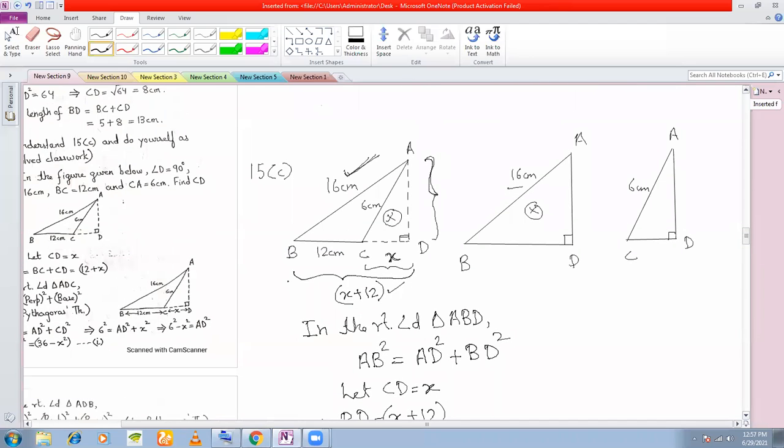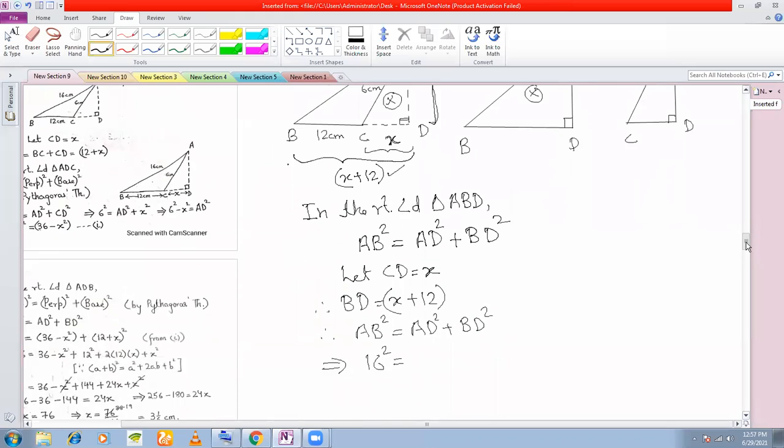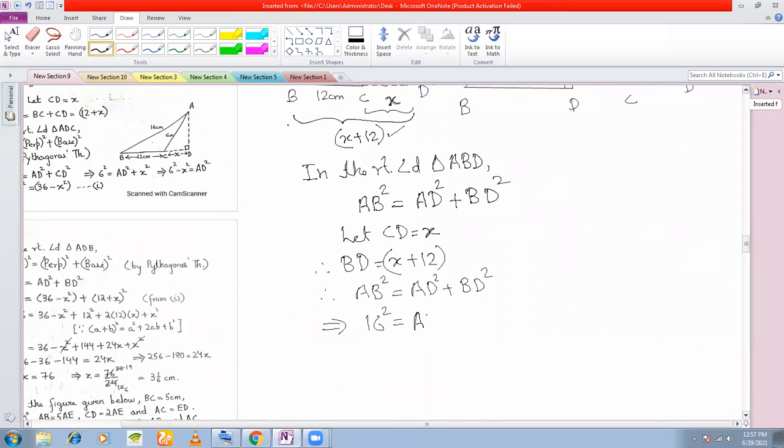AD we need to find out, so we keep AD as it is. We don't know anything about AD. So AD square plus BD, how much is BD? X plus 12 square, right? So that means 16 square, 256, is equal to AD square